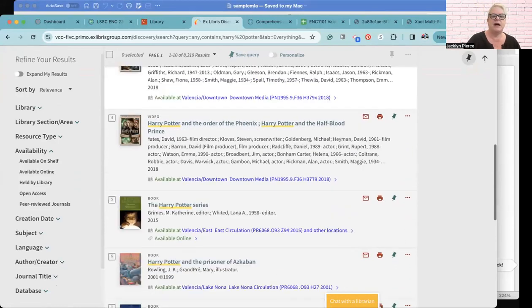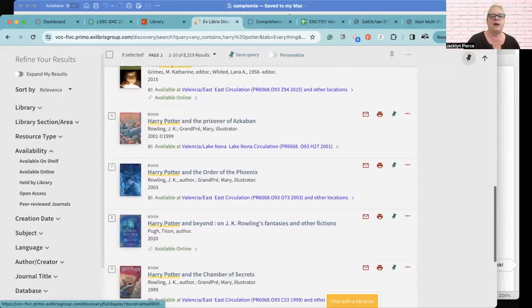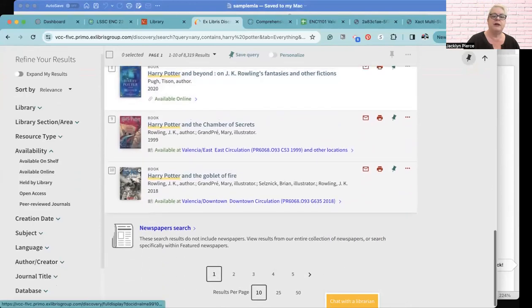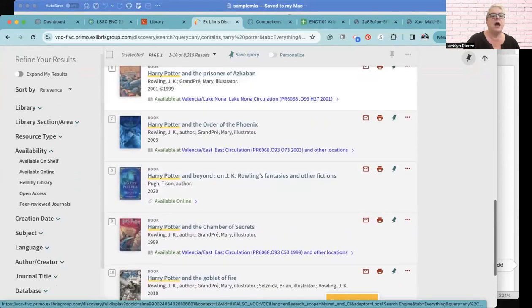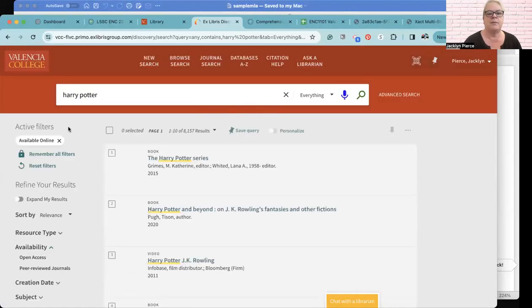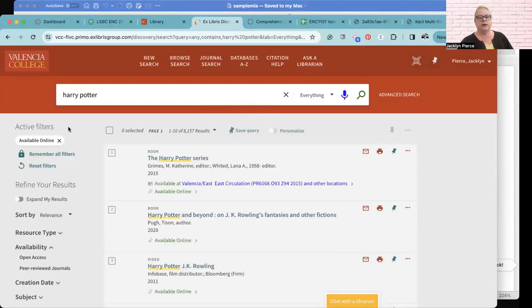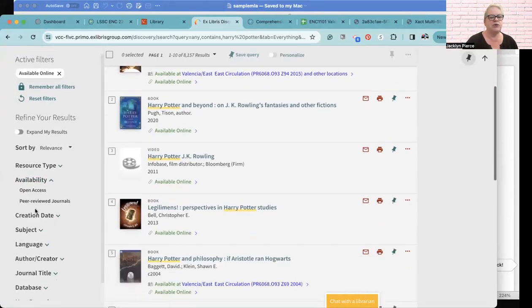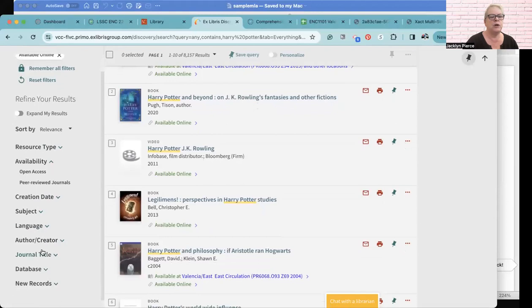And we're going to find a lot of different things. We're going to find books, we're going to find articles, and in this case, we found videos. I'm going to make sure that I can find it online, because typically when we are researching, we are only looking online. And I'm going to limit it to a resource type.